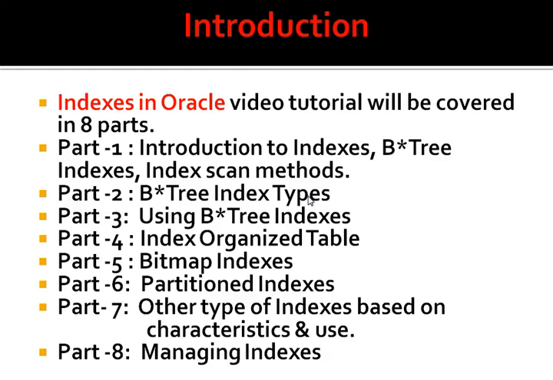In part 1 I will discuss introduction to indexes, B-tree indexes, index scan methods. Part 2, B-tree index types. I will discuss different types of B-tree indexes like descending index, reverse key index, key compressed index, IOT, cluster index, etc. IOT I will also discuss in detail in part 4. Part 3, using B-tree indexes. In this part I will discuss why and when a B-tree index should be used and different factors related to B-tree